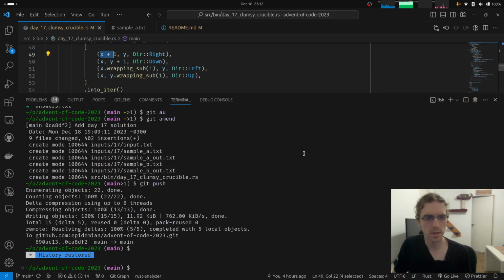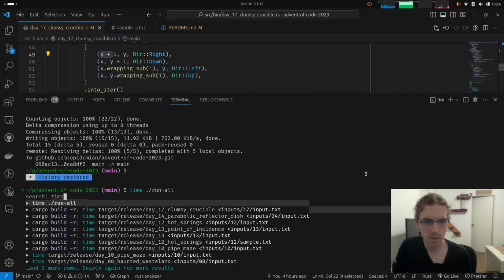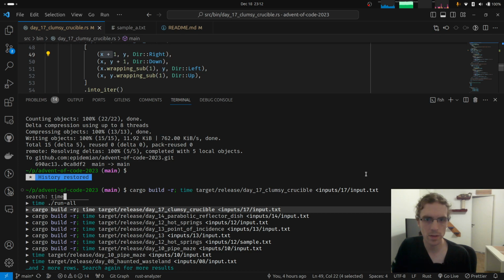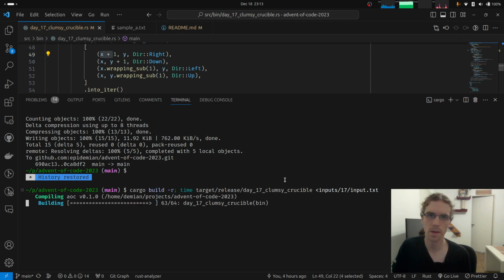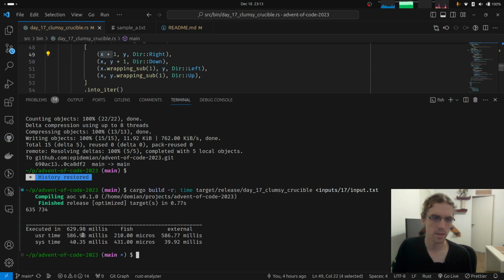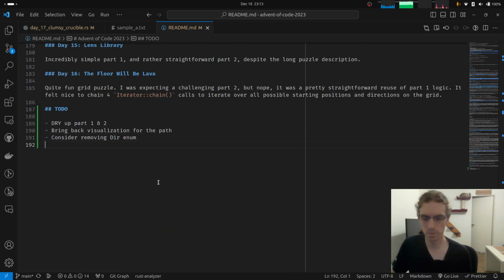And then the last thing is that this is taking a little bit long to run. If we run this with the actual input, build it in release mode and time how long it takes, it's more than half a second, which is a bit on the higher end of what I would like. So I would like to optimize this with some very high level optimization, no low level things.